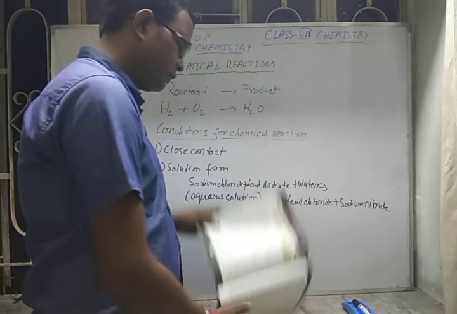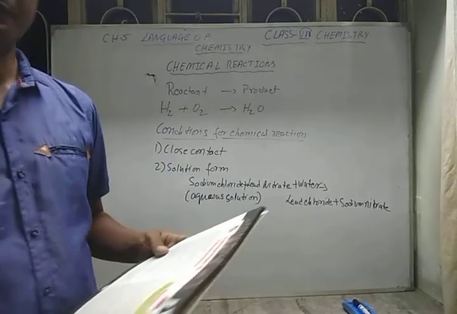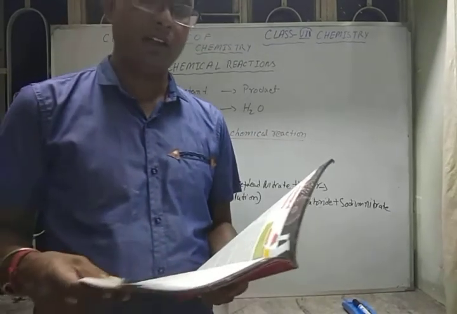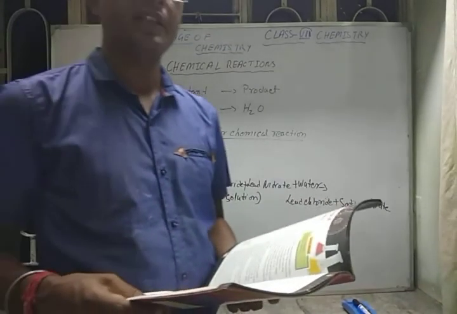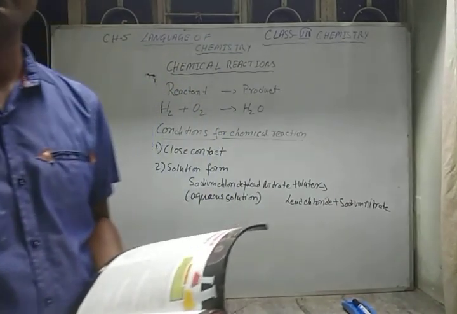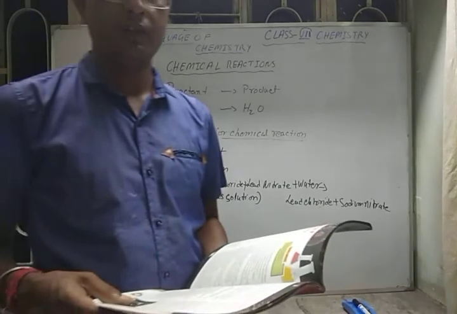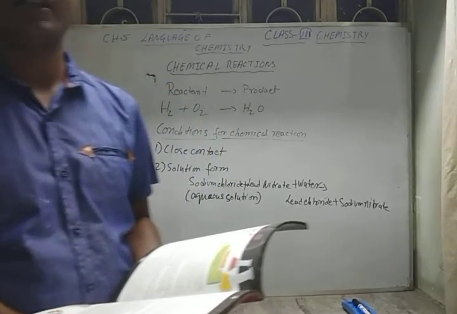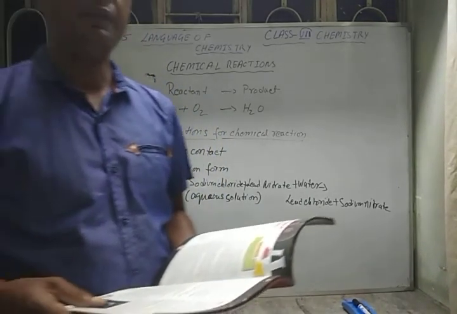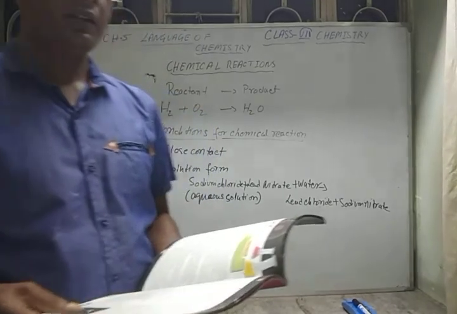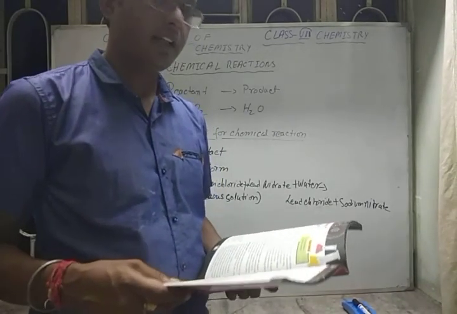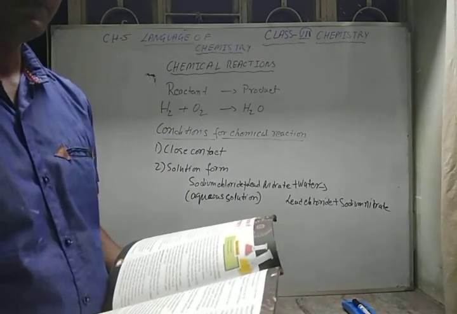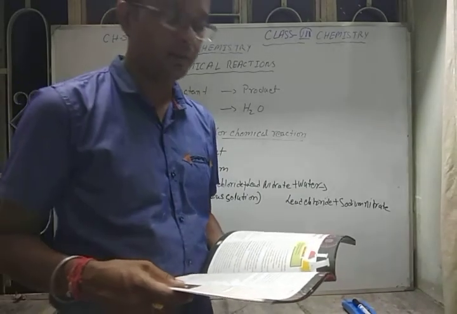After that, sometimes heat is required. Another point is heat. Suppose you have seen that a mixture of sulfur and iron is a mixture. You can separate them physically by using a magnet. But if you heat them, it will become iron sulfide, FeS. That is a compound. You cannot now separate them. So when you heat, the reaction is possible.